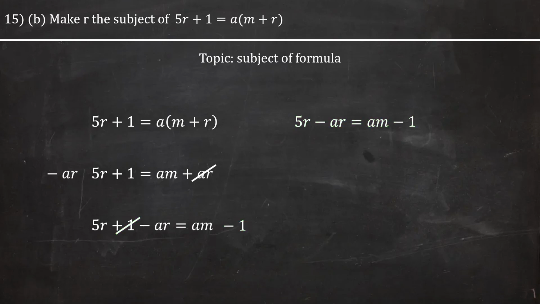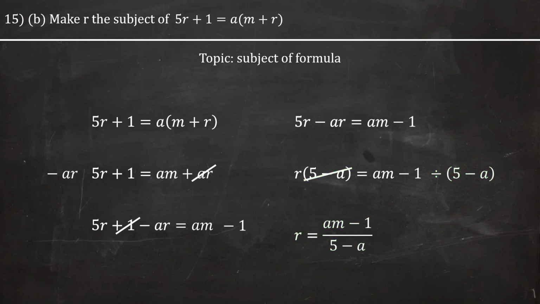So now that I have all the r's on the left, this is the step that people get confused with. I need to make two r's into 1, and the way that I do that is by factorizing. So I'm going to factorize r out, which gives me r bracket 5 minus a equals am minus 1. From here, I can divide both sides by 5 minus a, which gives me r equals am minus 1 over